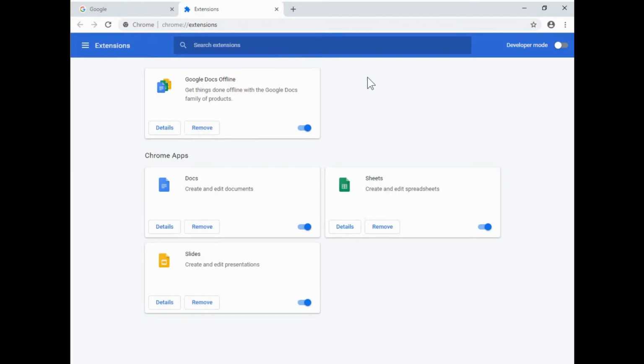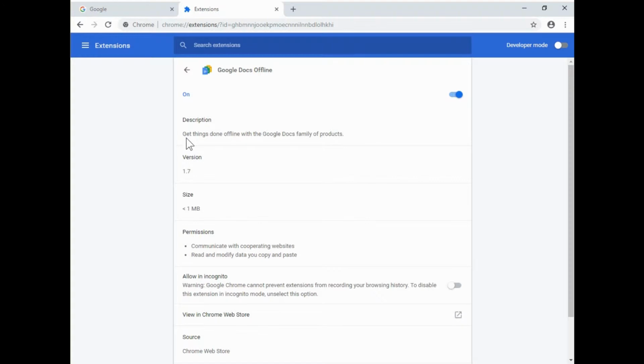Now you can see here that it comes with several different extensions by default, and with these you can either view the details of them or remove them. If we click on this one, for example, to view its details, it tells you a description of what that add-on is, the version, how much space it's taking up on your computer, and what permissions it requires, which may be a security thing for you if you're concerned about the safety of that add-on or extension. I think that term can be used interchangeably a bit, but with Google Chrome there's no add-ons here, they're actually called extensions.